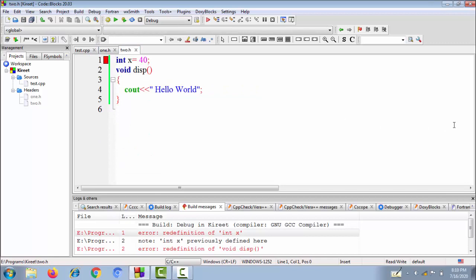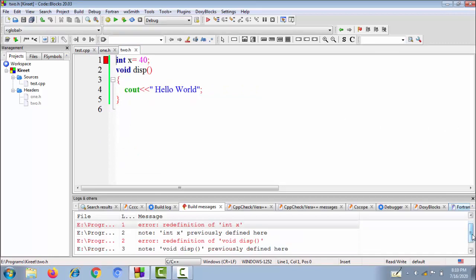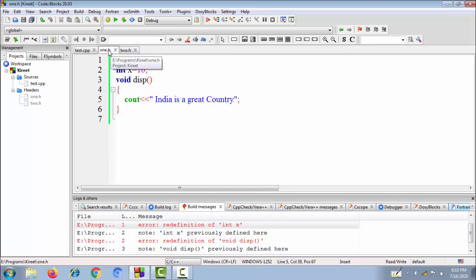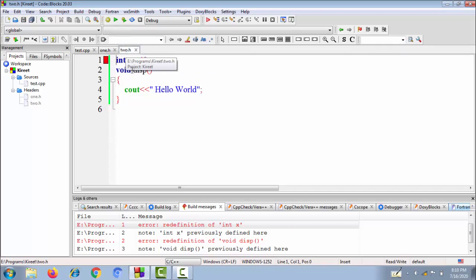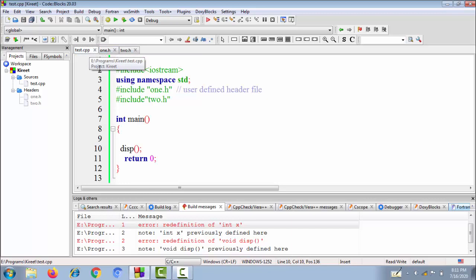So now it has raised some errors. It's saying that int x is previously defined and redefinition of disp. It says that we have used the name x in 1.h, and it is also present in 2.h. So this x variable is present in 1.h, and it is also present in 2.h. Similarly, disp is also defined in 1.h and also defined in 2.h. So this is an ambiguity, a state of ambiguity